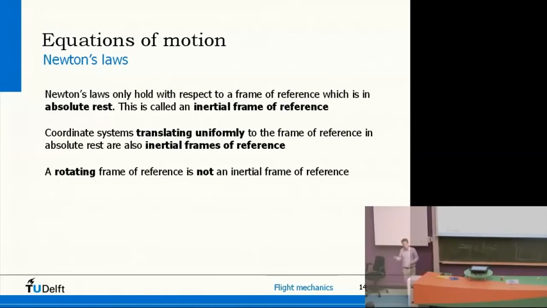If, however, that train would go through, you still have the curtains closed, and you'd go through a corner, so circular motion, so a rotating axis system, then you'd notice something. You suddenly notice that you'll get squashed against a window, like when you're in a car, when you go around the corner. So you can see immediately that that case is not an inertial frame of reference. But that's an important observation, because an aircraft which may be pulling up is, of course, going around the corner. So in that case, an axis system fixed to an aircraft is not in an inertial frame of reference anymore.